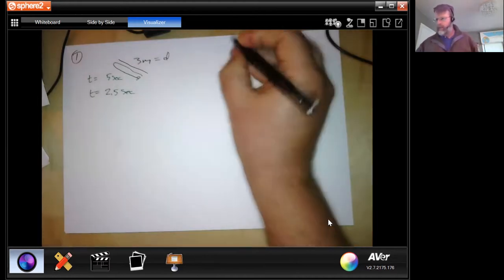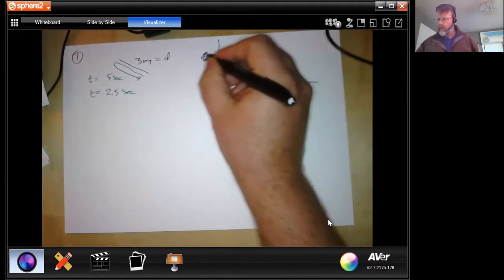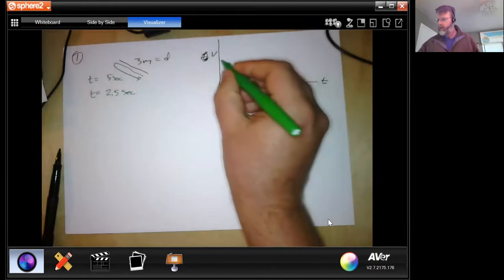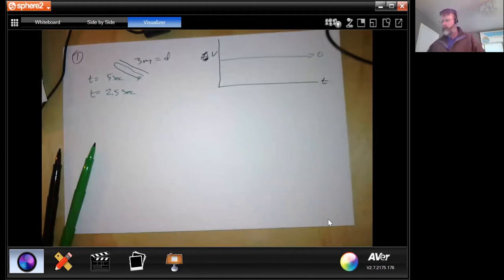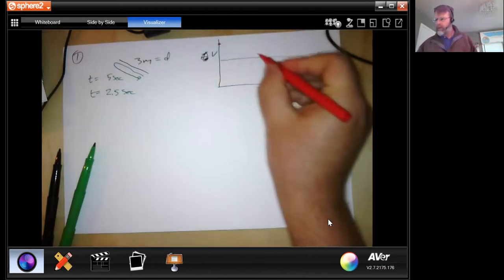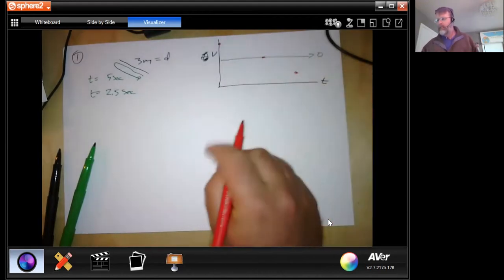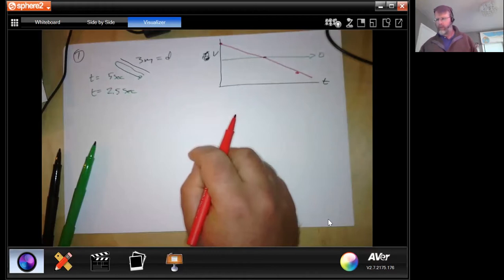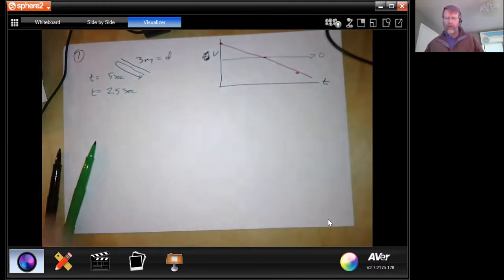Well, what I expect to happen here, if I have velocity and time, and let's call this 0, then what I expect is it's going to start off going fast. It is going to hit the top of the ramp and then it is going to come down at the exact same speed. So I expect this to be a fairly linear graph, okay? And we'll in fact be able to find this velocity if we want to. But the real question is